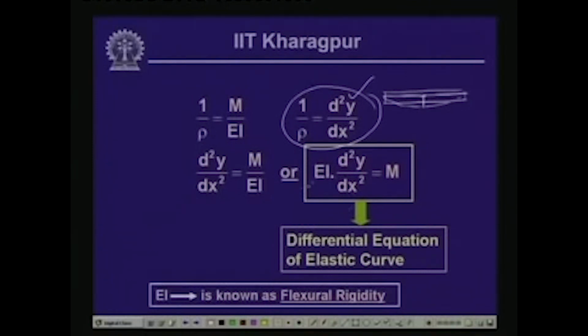Subsequently, as we saw, the curvature was related to the bending moment M at any cross section, which is a function of x. Hence, the curvature can be related to the bending moment through the expression EI d2y dx2 equals M, and this differential equation is called the differential equation of the elastic curve. So, when we talk about the differential equation of beam bending, this is the expression we use, EI d2y dx2 equals M, and from this basic equation we go to the other derived relations, like